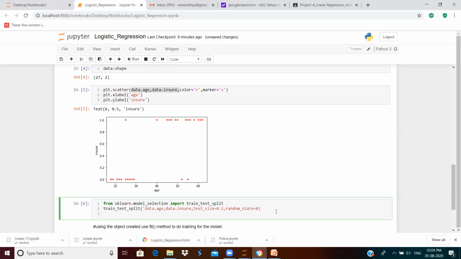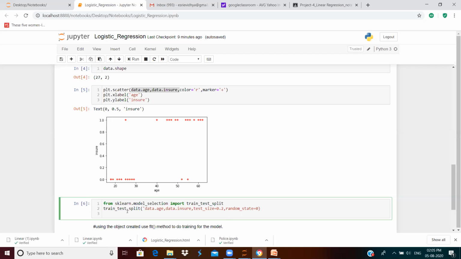So you're just making it random. You're not fixing the training data and test data. When you execute for the first time, the training data and test data will be a particular set of values. When you execute for the second time, they will be some other set of values available in your data set. That is why we are giving random_state as 0.